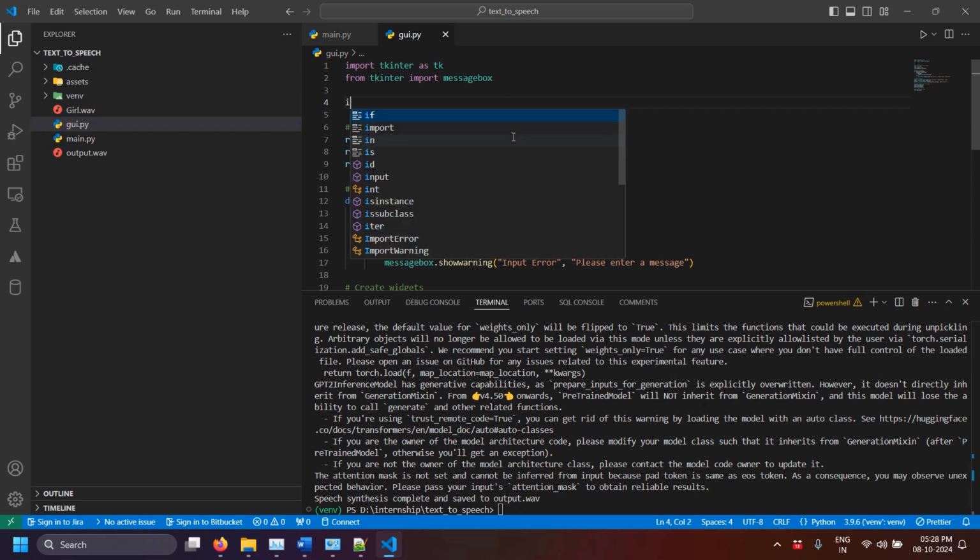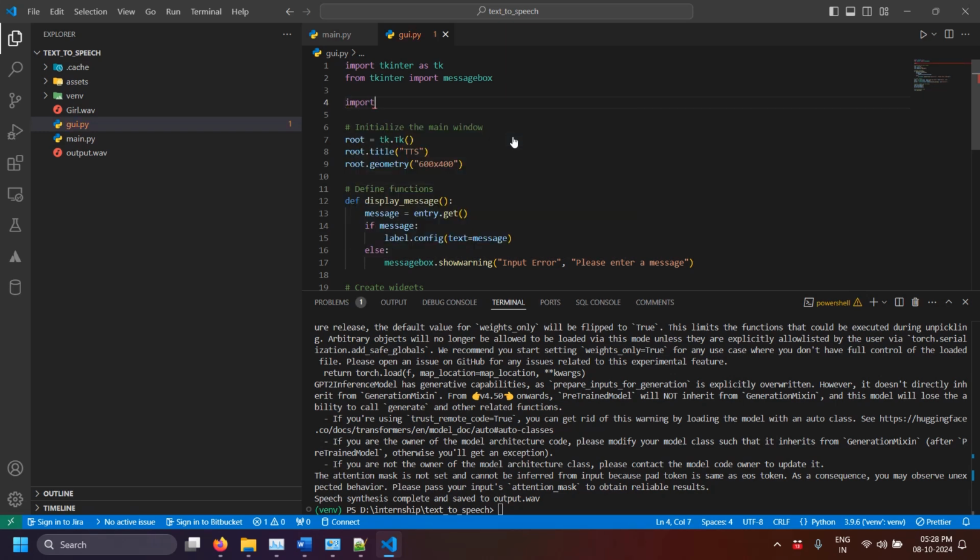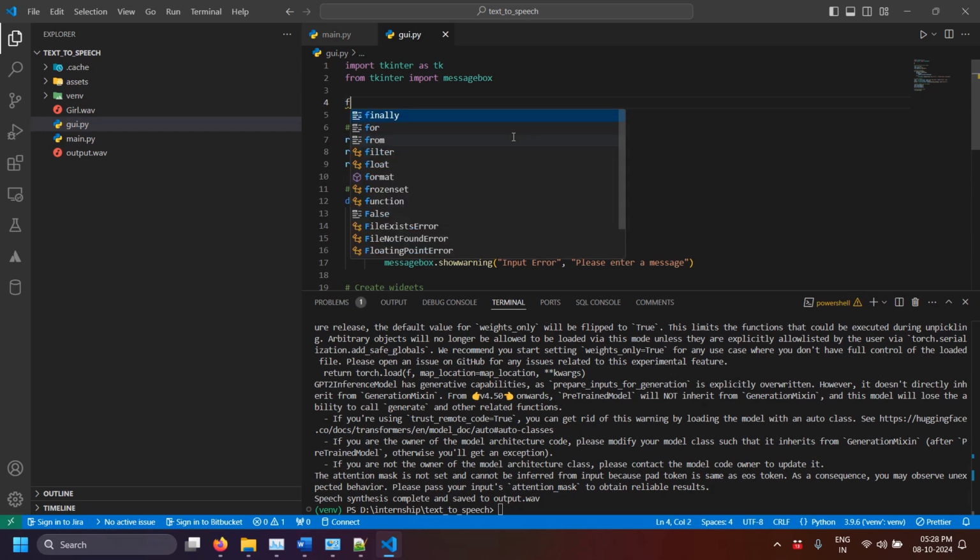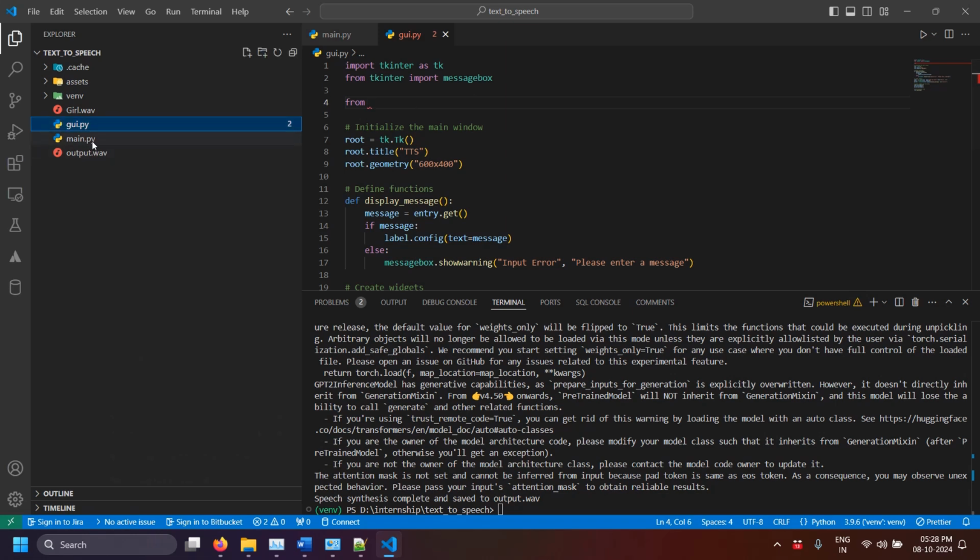So let's see, import. Yes, I will give you one technique, a good technique. Let's see if it works. Let's rename this from main to TTS. Okay, now from TTS import